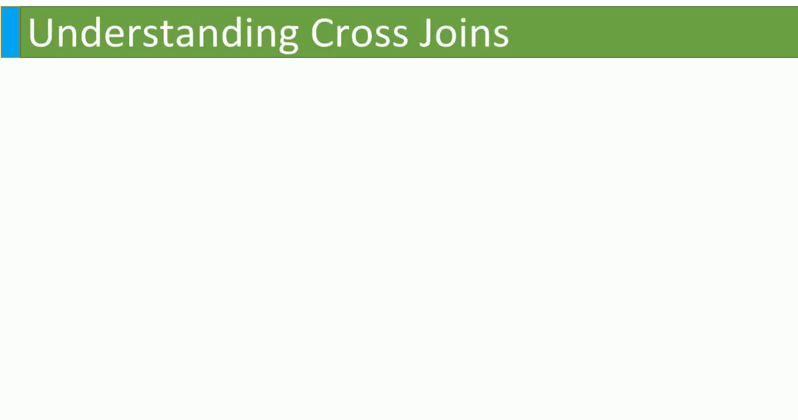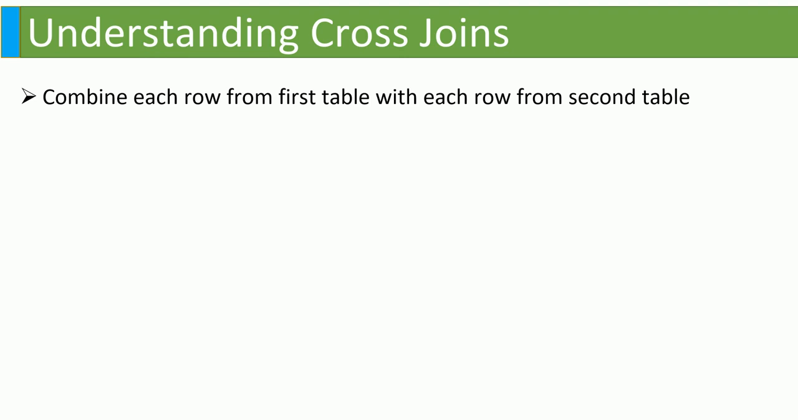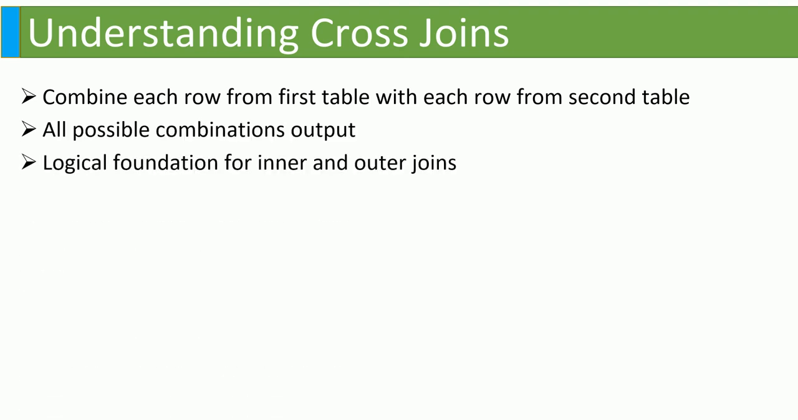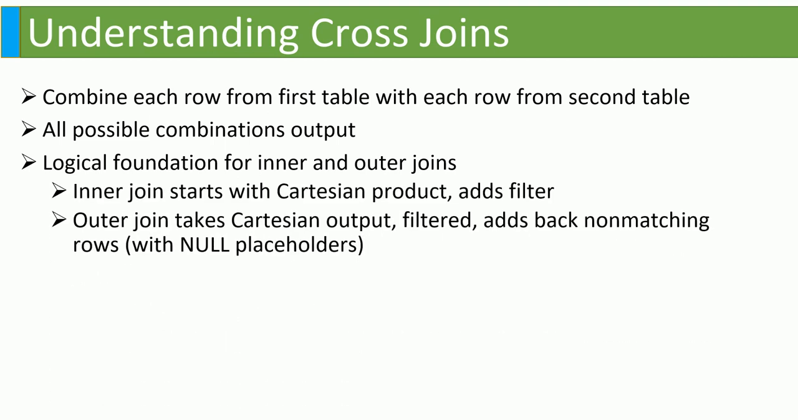Now, understanding the cross join, how the cross join is working. It combines each row from the first table with each row from the second table. So it will multiply the data from one table to another table. All possible combined output is the logical foundation for inner and outer joins, and the inner join starts with the Cartesian product,